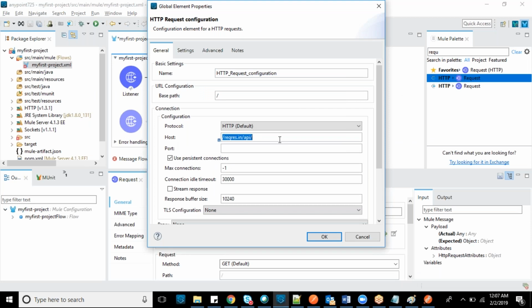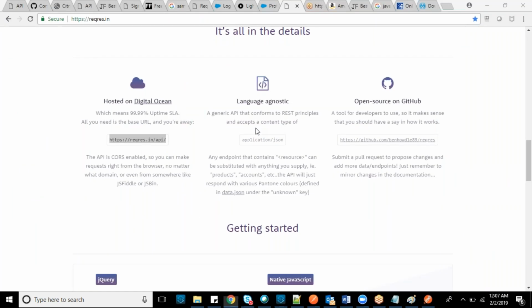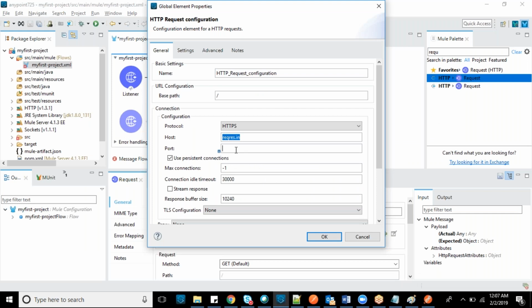This much. This is the host. Make the protocol as HTTPS. This is the host. And what is the port? Port is nothing but 8089.